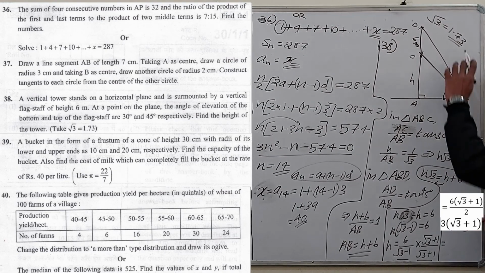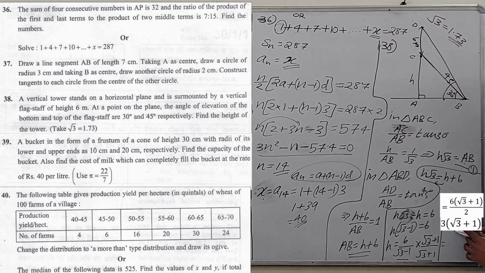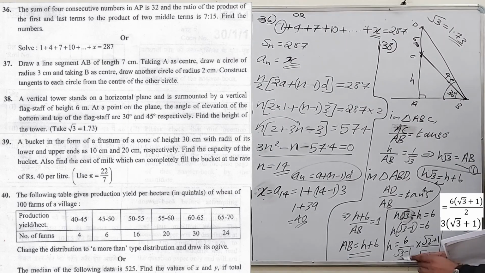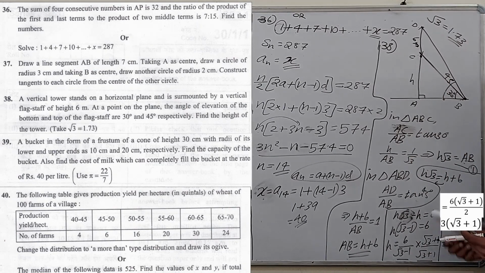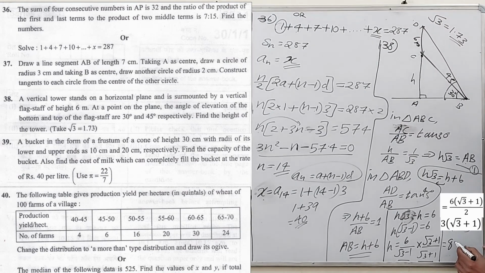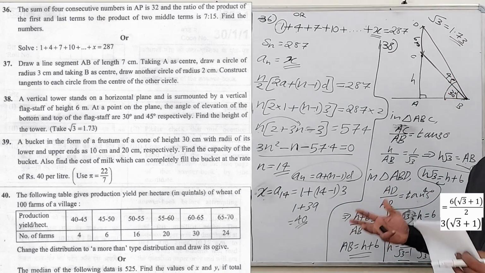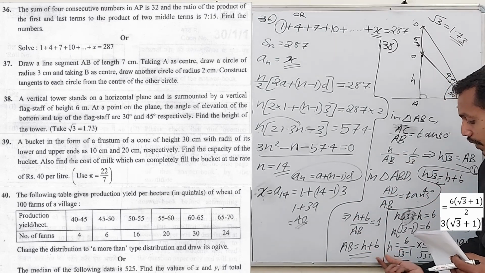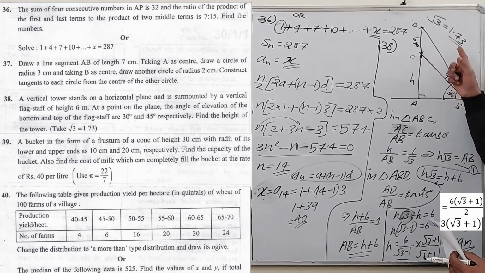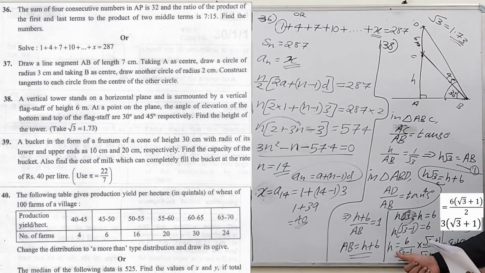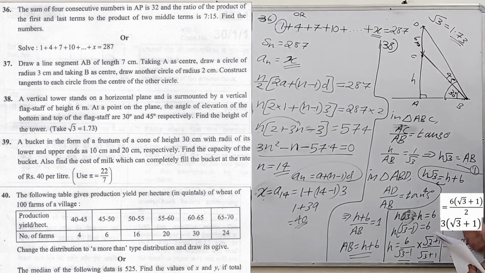Now substitute the value of root 3 as 1.73. Only at this stage do you need to substitute. Never substitute earlier, or your answer will be a little different from the final one. The final answer given is 8.19 meters. If any question, whether it asks about surface area or trigonometry, gives the value of an irrational number, and any quantity has an irrational number in the denominator, it is better to rationalize and then substitute.